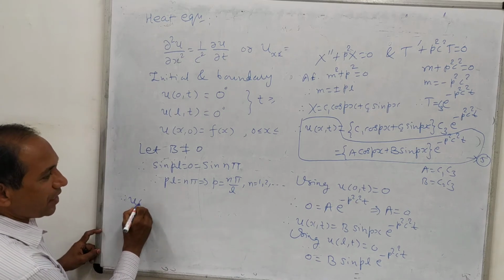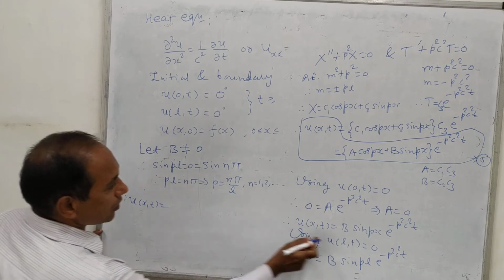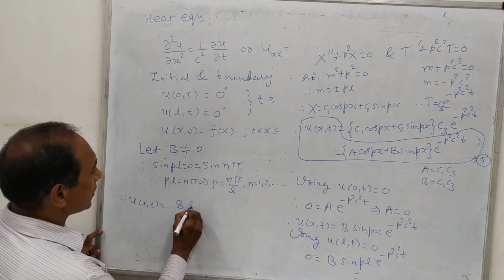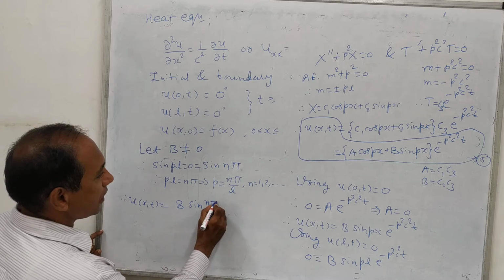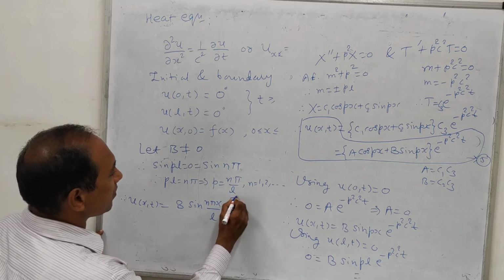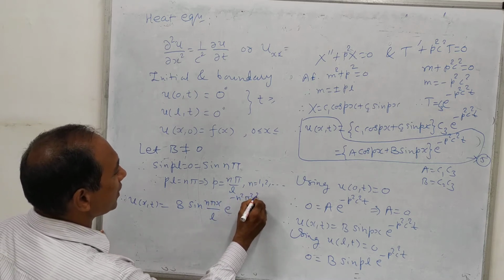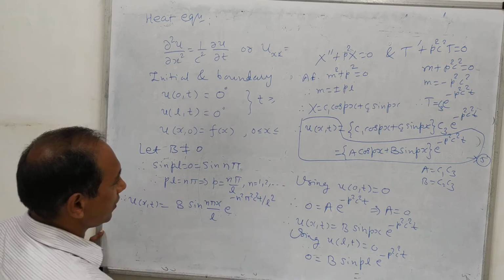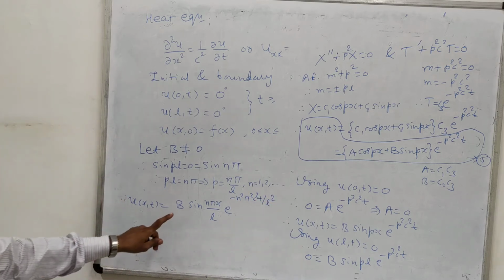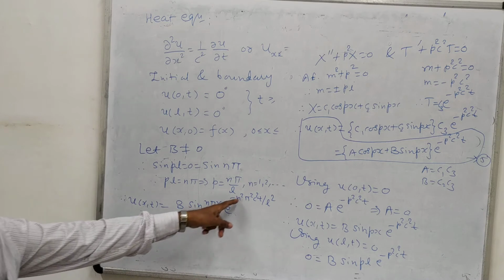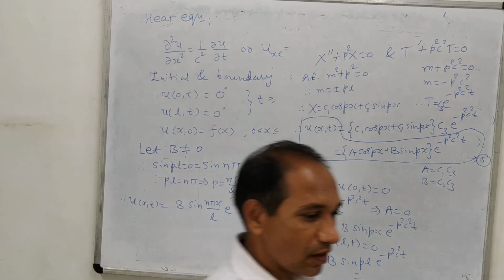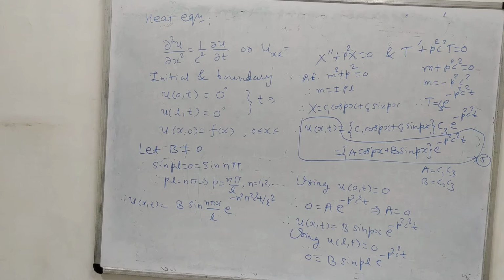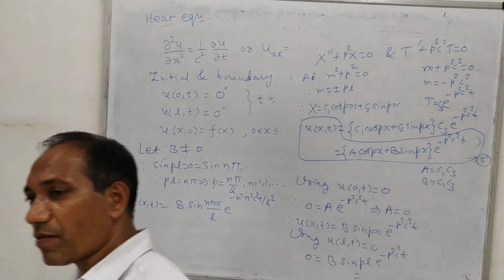Therefore the final solution will become here B sin n pi x upon l into e raised to minus n square pi square c square t upon l square. Okay, but this solution is for different values of n equal to 1, 2, 3 and so on. So by using the same discussion as in wave theory,